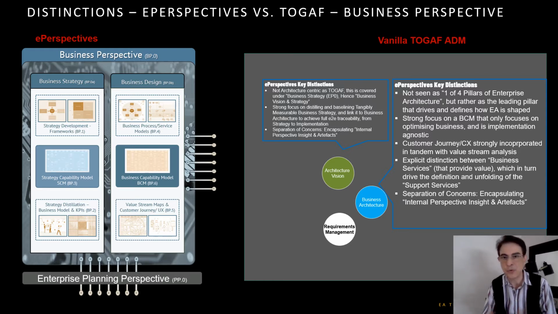Essentially, we can do a mapping of architecture vision and requirements management to the business strategy sub-perspective that you see here. In here, we have work like strategic